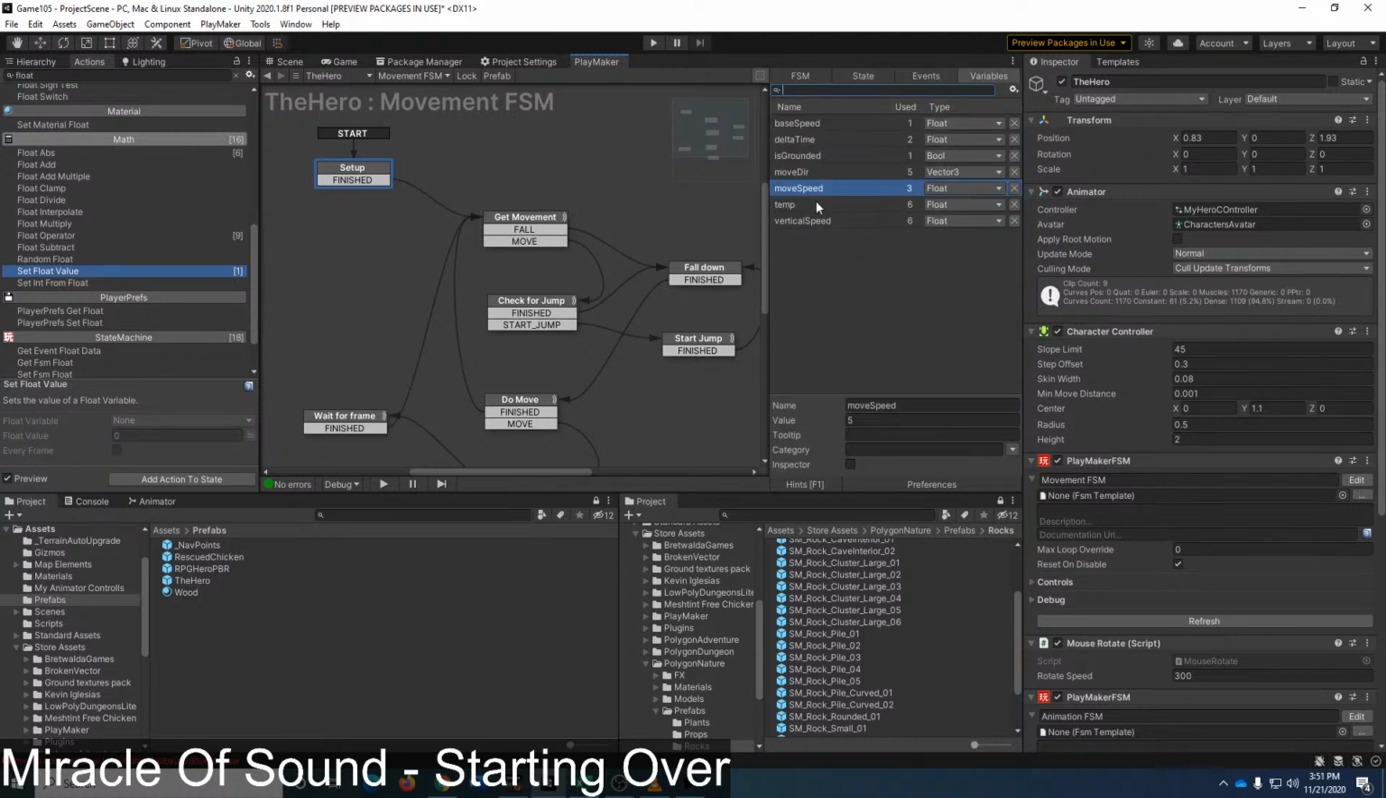And of course I need to make sure that, what's my current speed? 5. So I'll set base speed